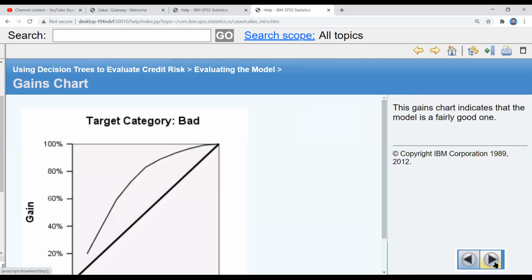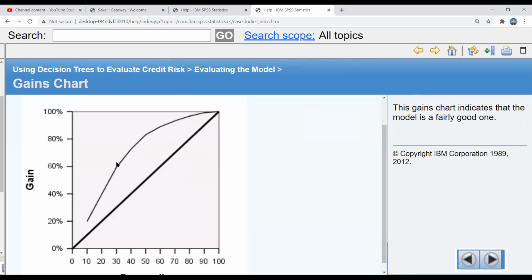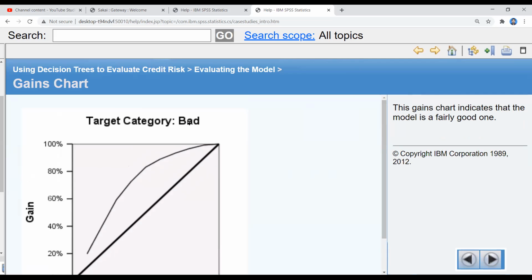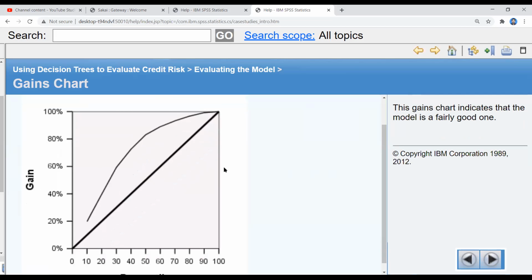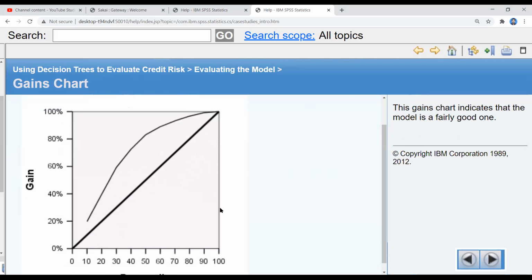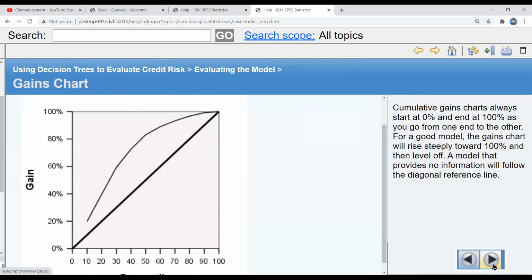So now the target category is bad, and the gain chart is shown. If we have chosen the target category, then this chart will be shown. Otherwise, if we have not chosen any target category, then this chart will not be shown, and this option will not be available in the output. This is a good indication if